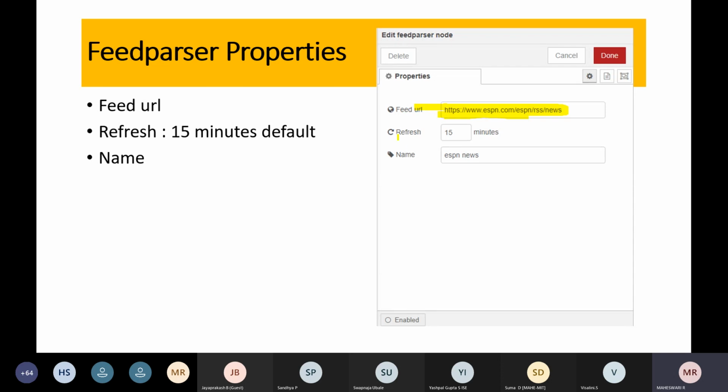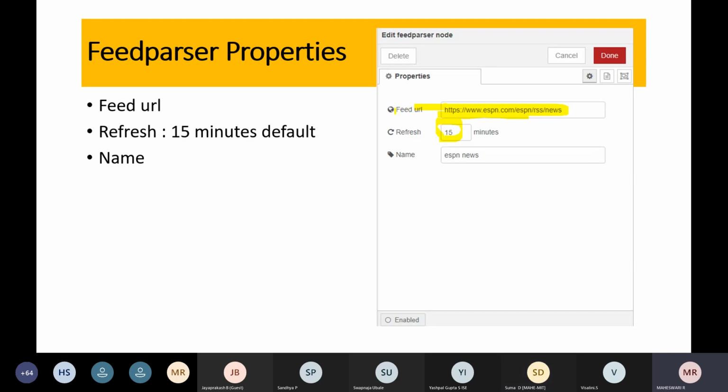You can make it refresh every 15 minutes. So every 15 minutes the data gets refreshed automatically. We are going to work with live data, right? You can refresh it every 15 minutes, or you can make it 10 minutes. Based on the requirement, we can perform some analysis over there. So this is the feed parser.